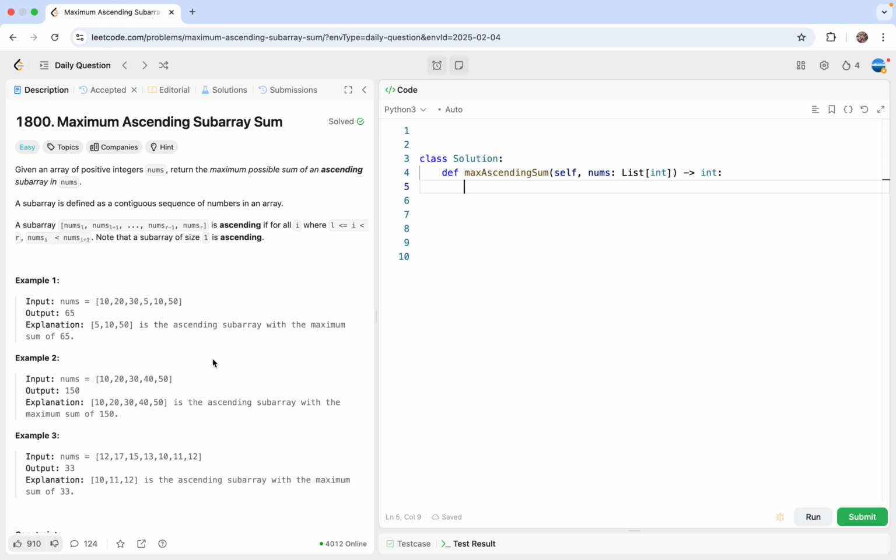Let's have a look at an easy problem, that is today's daily challenge problem, 1800, maximum ascending subarray sum. So we are going to use this video to do some practice and just